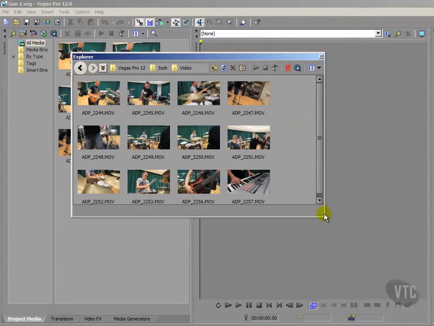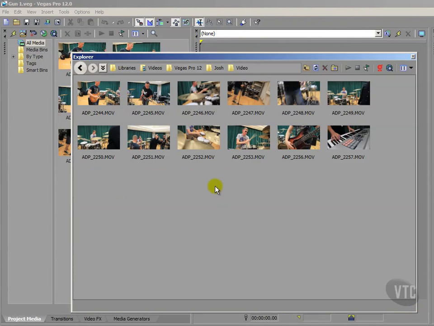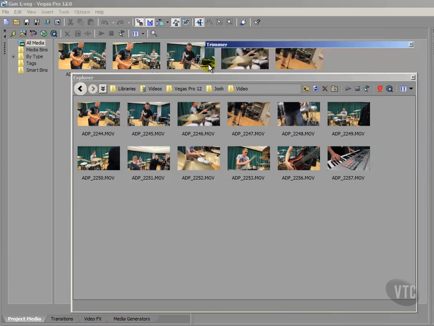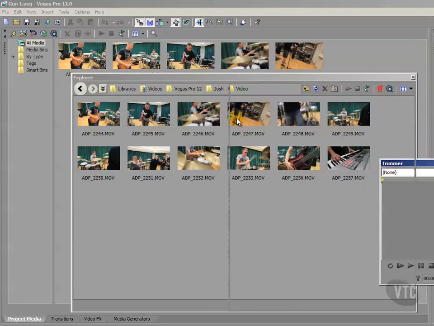Now I'm just going to resize it so that we can see it better. Okay, now at the moment, of course, it's just this Explorer panel, but if I want to combine it with other panels, maybe I want to combine it with my trimmer window, for example. Let me just move this down a bit. Then by grabbing the gripper here, left click, then I can drop it within this Explorer panel to create this